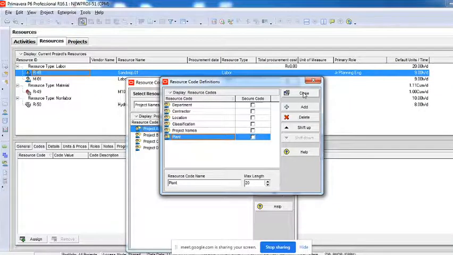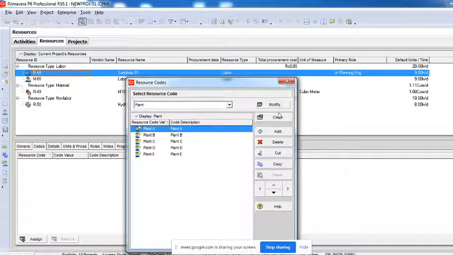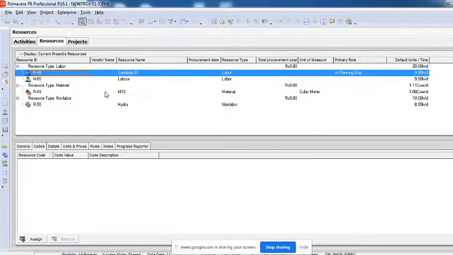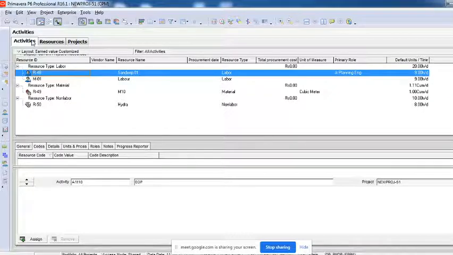So you can create the code here. Again, you'll have to create the values here, and then you close, click on the resource, go to an option called code, then assign the value, then go to view, group and sort by, and then change the code value so that you will be able to sort with respect to the codes you have created. So this is all about creating the codes.